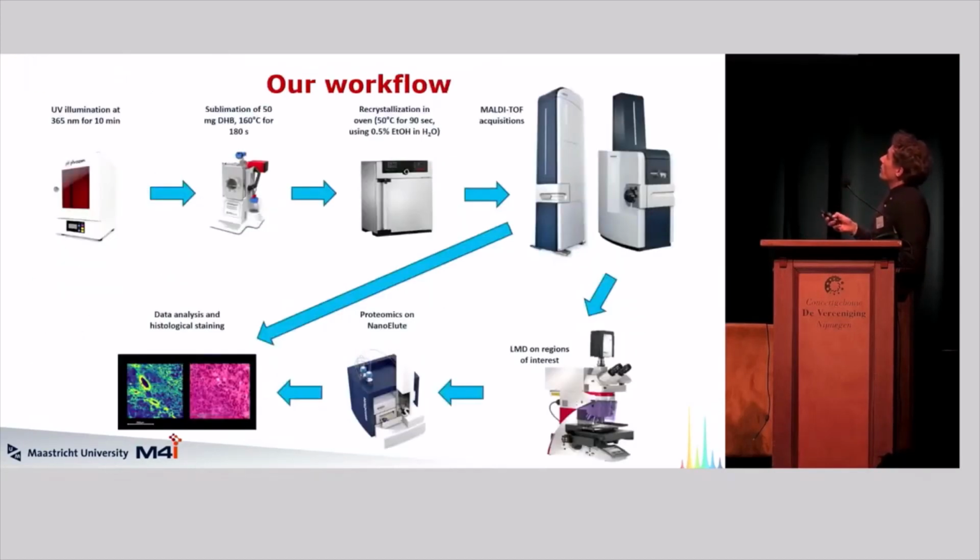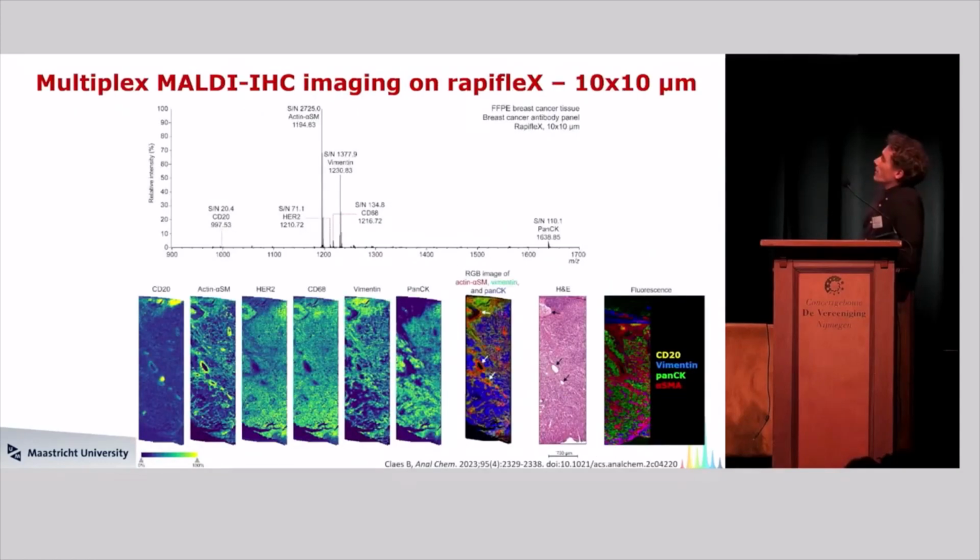So our workflow is just a standard mass spec imaging workflow. However, what we wanted to do is incorporate the spatial omics that we do. So we want to cut out regions of interest based on our MALDI-immunohistochemistry imaging, and then do tryptic digesting and proteomics on the regions of interest, and see what we get out of that in comparison with the images that we also have. So we did that for a number of different breast cancer tissues that we had,